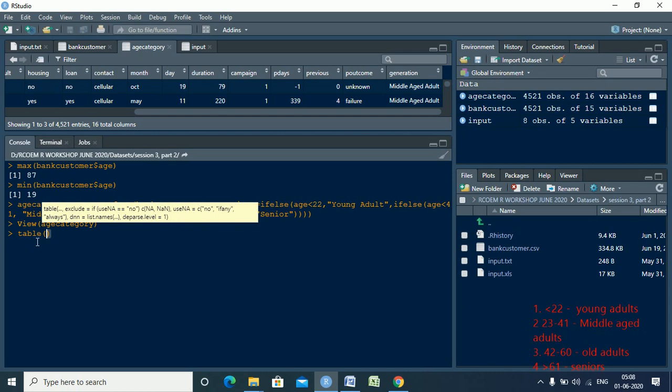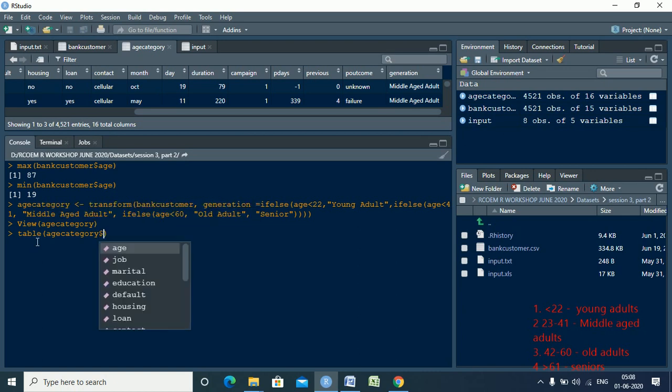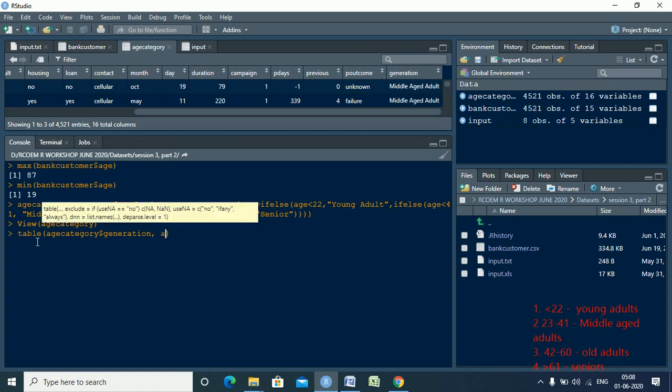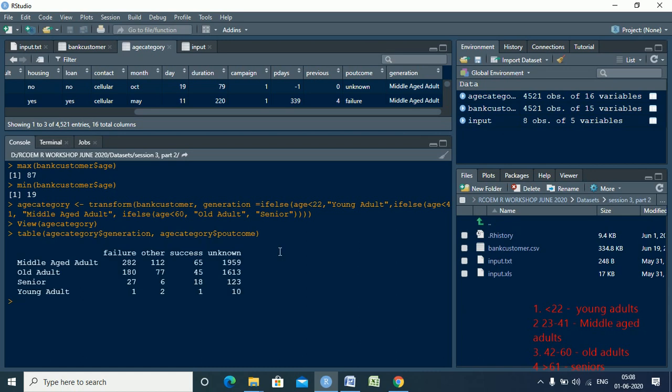From the age category data frame we want to take generation, and from the same age category we want to take P outcome. So we create a table of the age category data frame using the columns generation and P outcome, right?